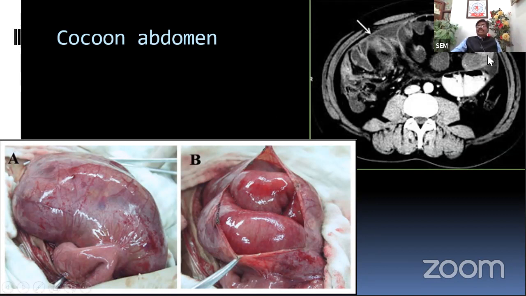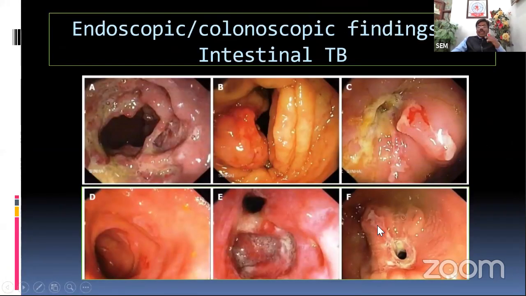This is the classical CT finding of cocoon abdomen. You can see the fibrous wall here. And these are all the colonoscopic findings. You can see a stenosis, narrowing of the bowel lumen, multiple ulcerations, hyperplastic tissue, multiple deep ulcerations,